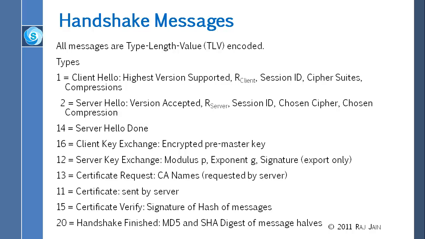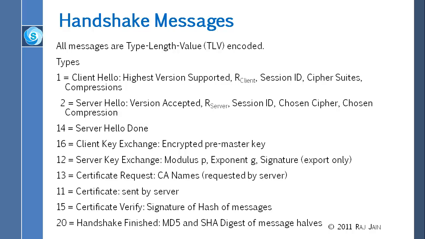this basically covers all of these messages here, plus some that we didn't probably show. That includes client hello, server hello done, client key exchange, server key exchange, certificate request, and certificate. The thing is, certificate request means CA names. I think these are the CA names I understand. So when you supply the certificate, supply it from one of these authorities. I think that would be a big list, though. I don't know. And then the certificate is sent by the server, certificate verify is the signature of the hash of the messages, and handshake finished is